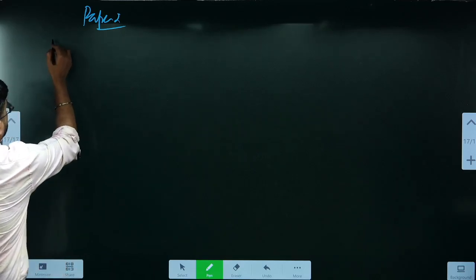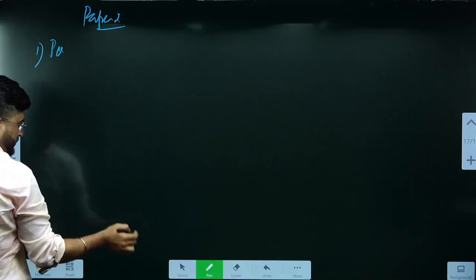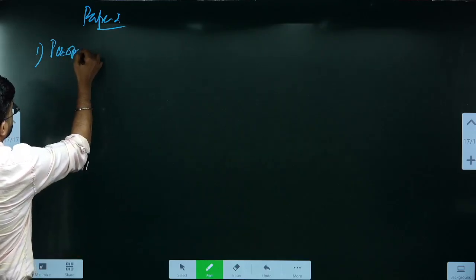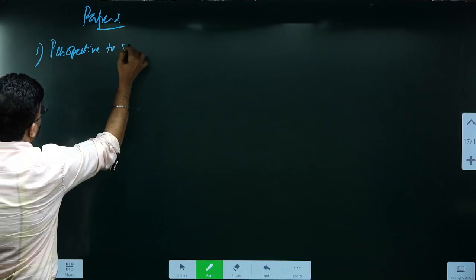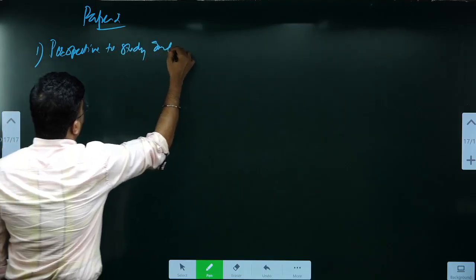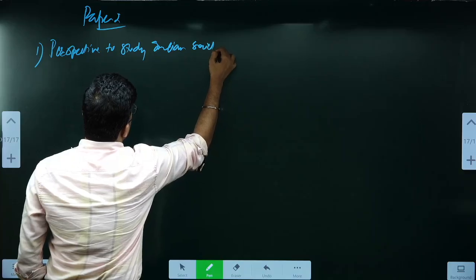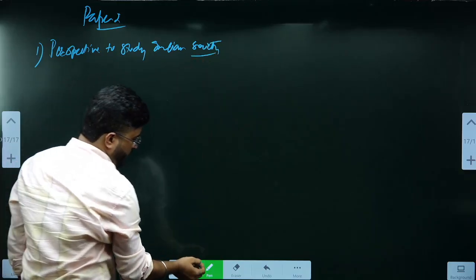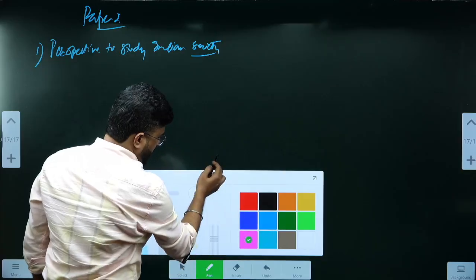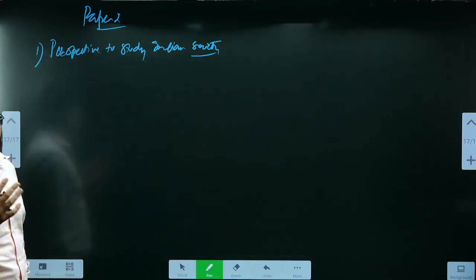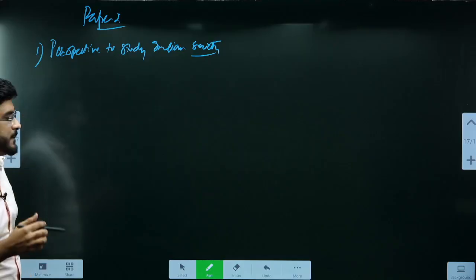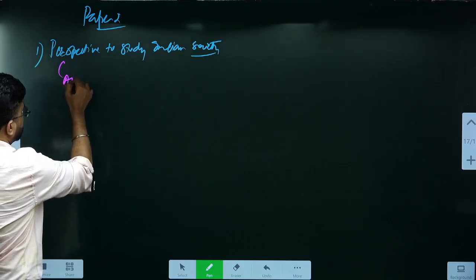Now, perspectives to study Indian society. Okay, here you tend to read about different views: G.S. Ghurye, M.N. Srinivas, the structural functionalist view, etc., A.R. Desai. Now, when you talk about A.R. Desai's view,